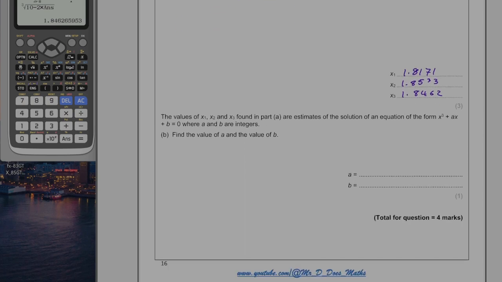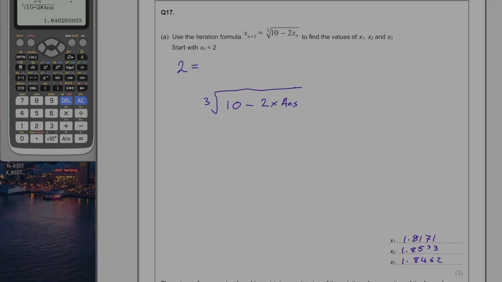The values of x1, x2, and x3 found in part A are estimates of the solution of the equation in the form x cubed plus ax plus b is equal to 0, where a and b are integers. Find the values of a and b. Right, so